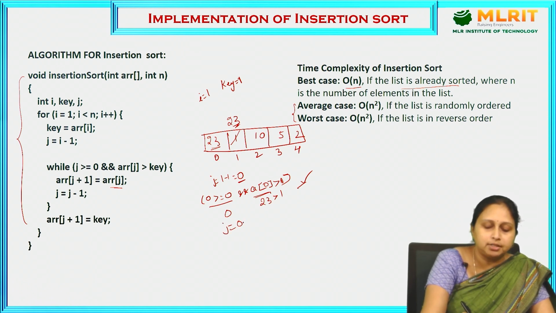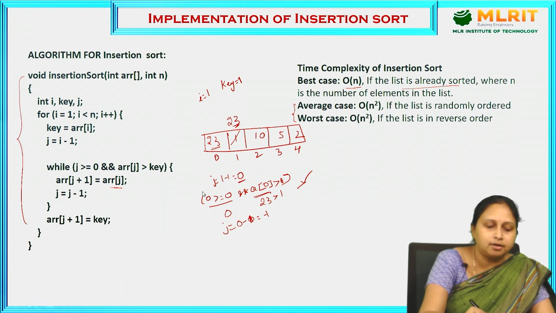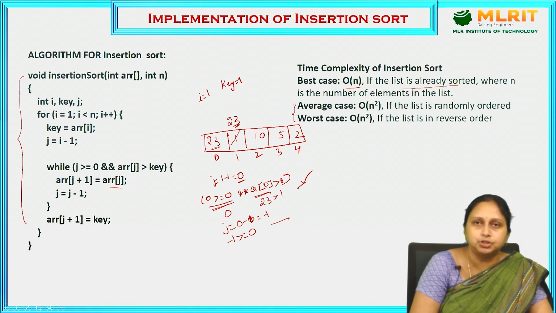J value is already 0. 0 minus 1 is nothing but minus 1. Now if you are trying to iterate this loop, this condition will be failing. What is that condition? J value is minus 1, greater than or equal to 0, and this condition, a of